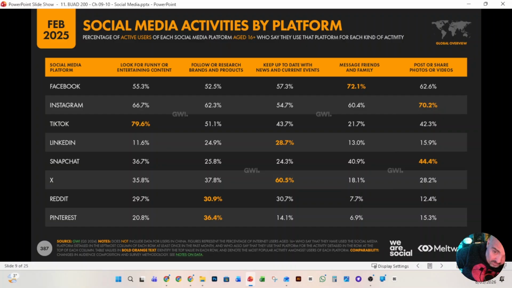Snapchat in there at 40% as well. And then posting or sharing videos or photos. We've got Instagram, one of the big ones there. Facebook, obviously, for an older demographic. And Snapchat, one of the messaging platforms there, important one as well. So, guys, we can see people go to different platforms for different things. You can have a closer look at this yourself.